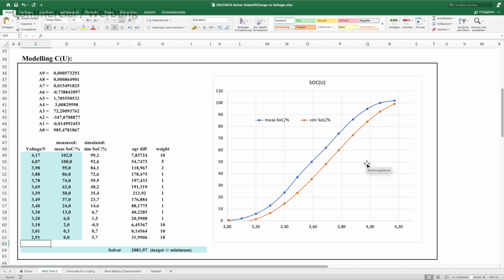The next step is a really interesting part. So stay online to see the magic. We apply the so-called solver plugin, which is practically an advanced optimization routine. How does it work?